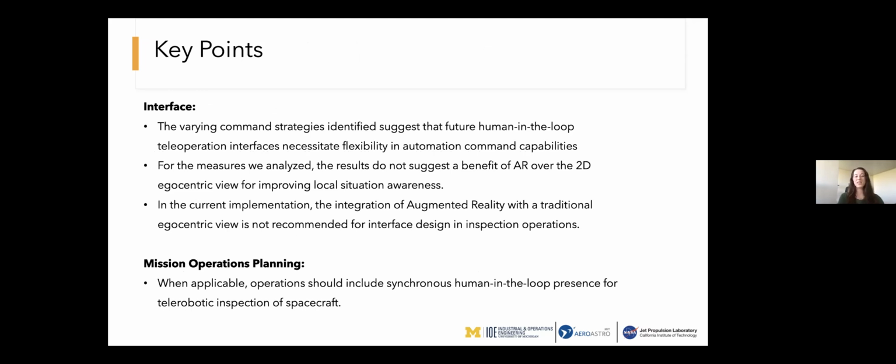From an interface perspective, we recommend that varying commands should be, well, we found those different command strategies. So we recommend that future human-in-the-loop teleoperation interfaces necessitate flexibility in automation and command capabilities. For the measures that we analyzed, the results did not suggest a benefit of AR over the 2D egocentric view. So basically, in the current implementation and in these results, we recommend that AR is unfortunately not helpful from an interface design